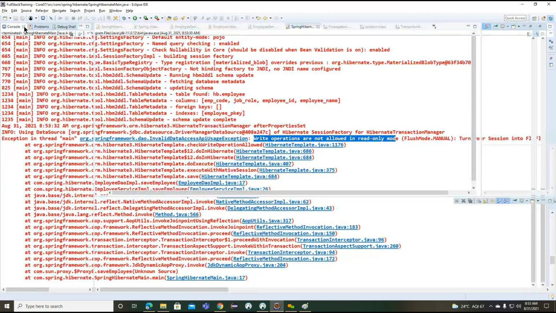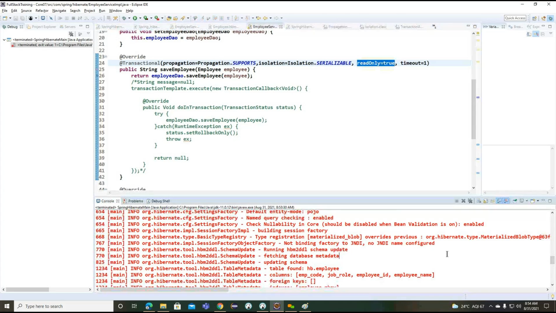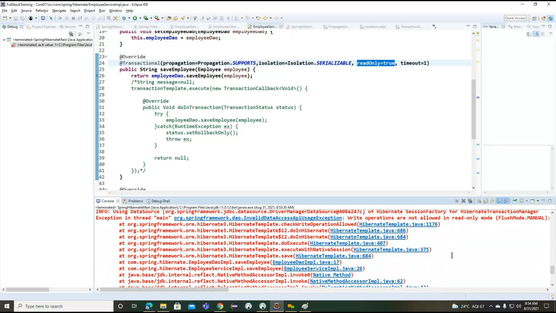This transaction is only applicable to read only, but we are trying to update the table information here. We don't want to update records when we make read only true; we can only load the data from the database. We were expecting a timeout related exception, but still it is taking it and performing the operations here.